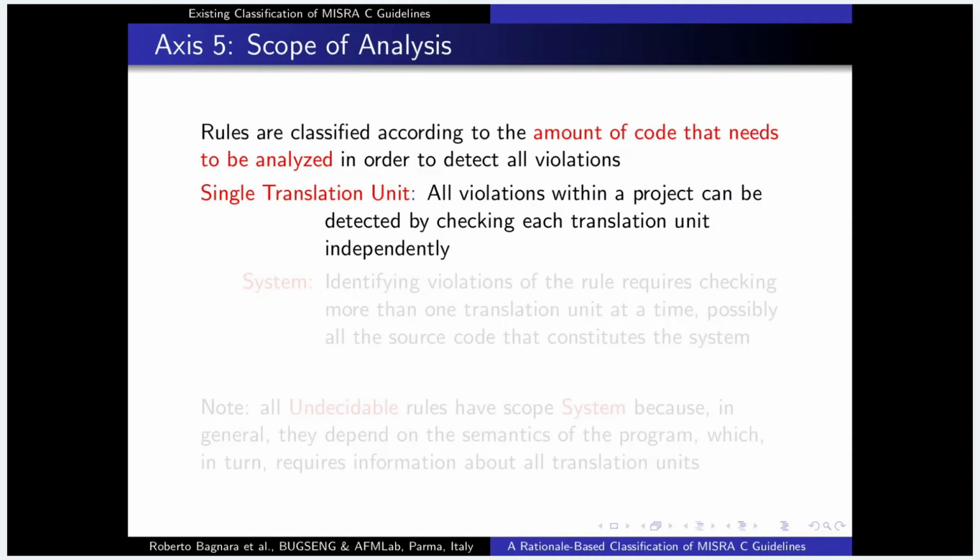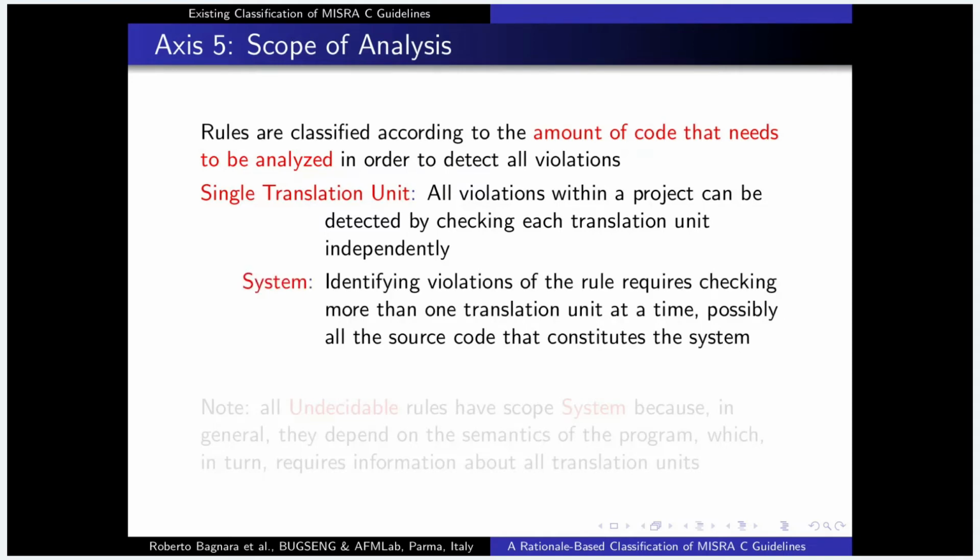Axis number 5, scope of the analysis. The rules are classified according to the amount of code that has to be checked at once. So single translation unit guidelines are such that all the violations within a project can be found by considering each translation unit at a time independently. A translation unit is, say, a .c file with all the other files that are included by it. If it is not a single translation unit, then it is tagged system, meaning that identifying violations of the rule requires checking more than one translation unit at a time, possibly all the source code that constitutes the